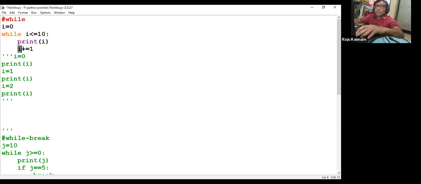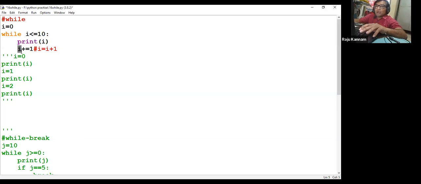So what are we doing here? I plus equals 1. We have already seen this. What is the meaning of this? I equal to I plus 1. That means the I value is incremented by 1 and that value will be stored back into I. Previously it is 0. Now 1 is added. 0 plus 1 becomes 1. That 1 will be stored in I. Right? So what is the new I value now?